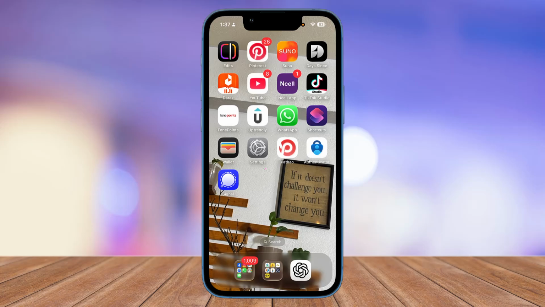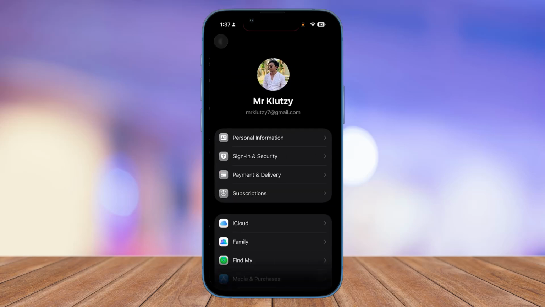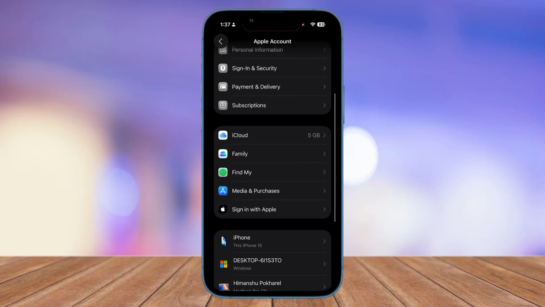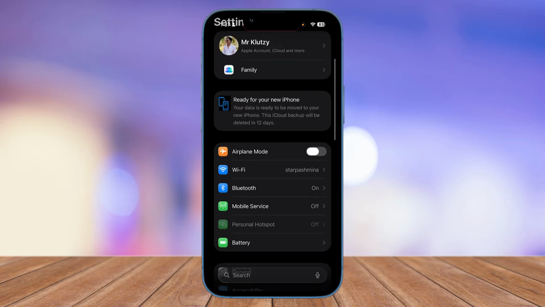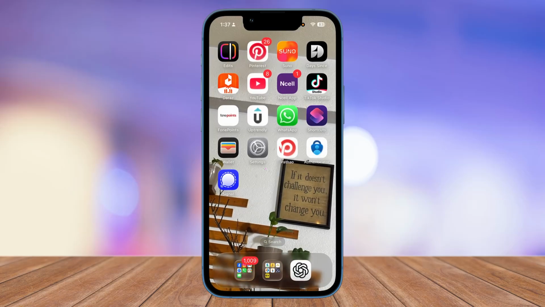But if your screen won't rotate, then what you want to do is simply go ahead and restart your phone. If that also doesn't fix it, go to your settings and then go ahead and try to update your device right over here. Even if you tried updating and that didn't work, go ahead and check if other applications do